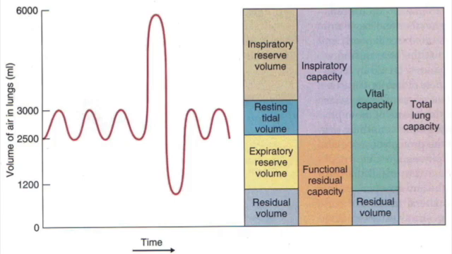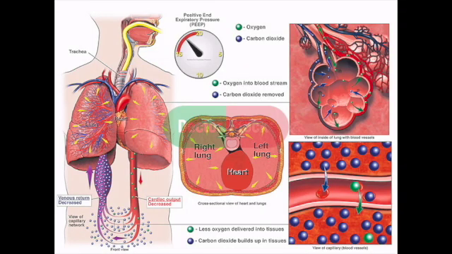For expiratory reserve volume, ERV, this is the volume of air that can be further exhaled at the end of normal expiration. Inspiratory reserve volume, IRV, this is the volume of air that can be further inhaled at the end of normal inspiration. For vital capacity, or VC, this is the maximum volume of air that can be exhaled following maximal inspiration,